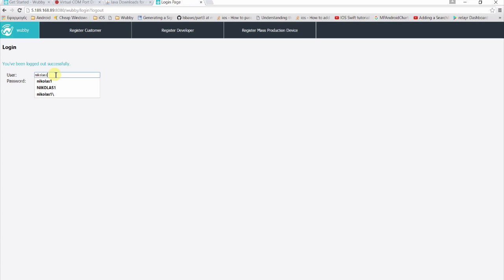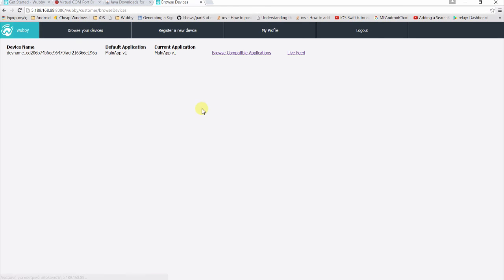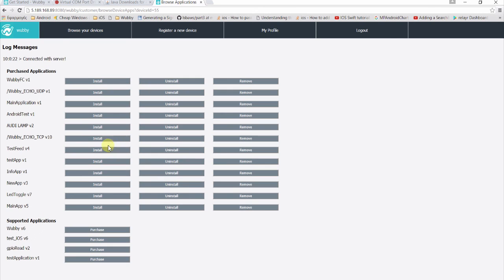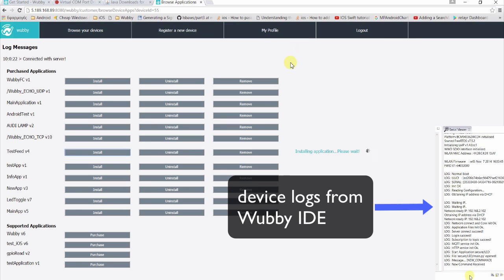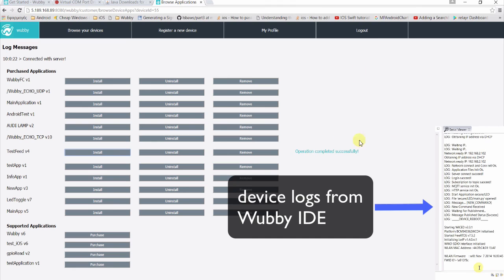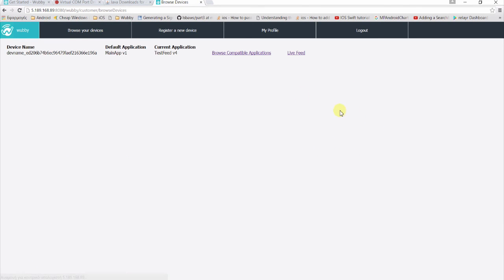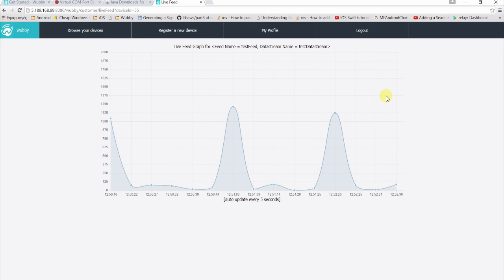If we create a customer user account, we will also be able to browse the registered devices and their compatible applications. The customer has the ability to purchase an application and to install, uninstall, and remove a purchased application the same way as the developer does. Also, depending on the installed application, the customer user account has a live feed graph of data that has been pushed from the device to the cloud.